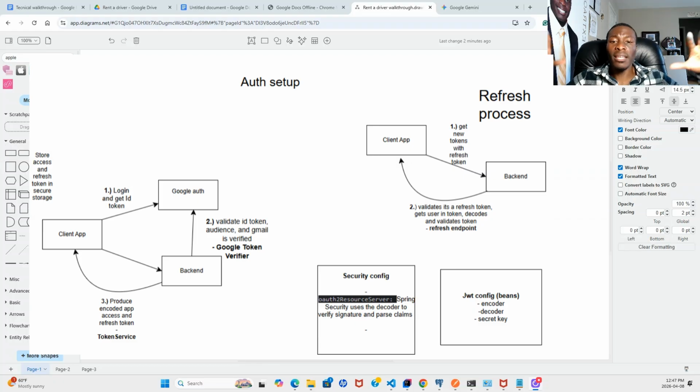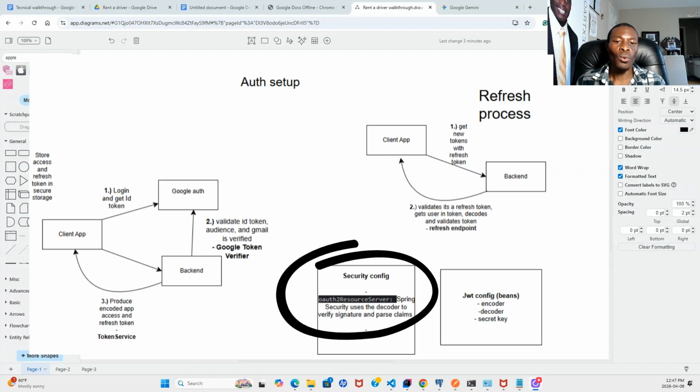And again, thinking from a high level, what's really going on behind the scenes? We're using Spring Boot. Fortunately, Spring Boot has a lot of machinery that helps us deal with these tokens, in particular the JWT tokens that we're going to be issuing the client once we verify that they've successfully logged in with Google. So yeah, I'll show the code, but there's a security configuration that we set up with Spring Boot, and that's where we tell Spring Boot that we want to use tokens,